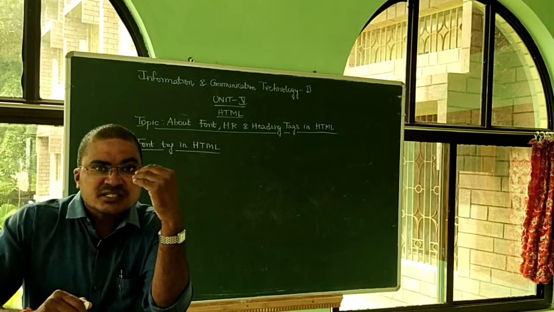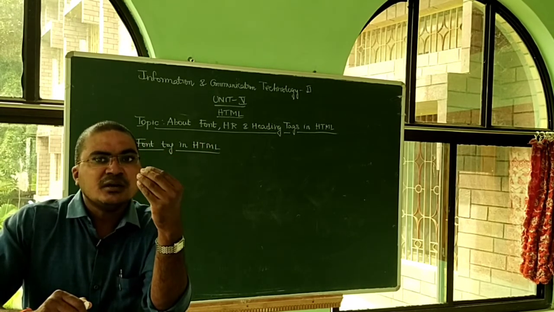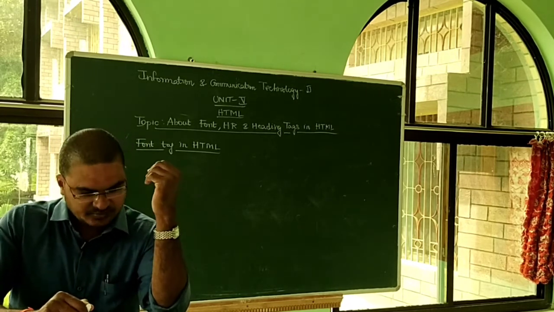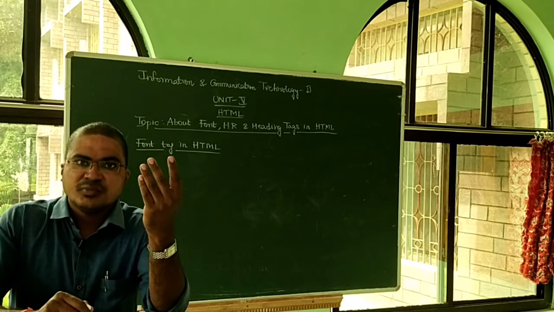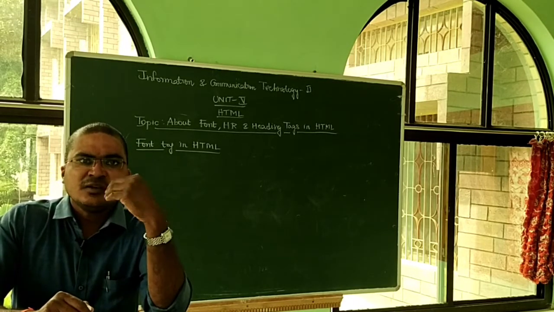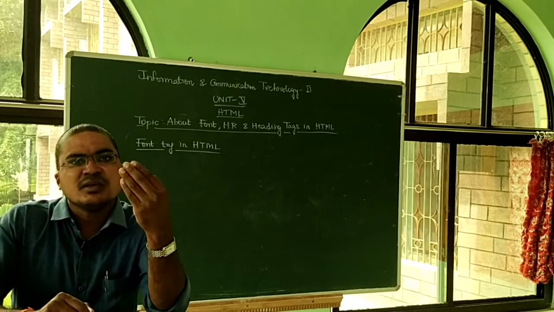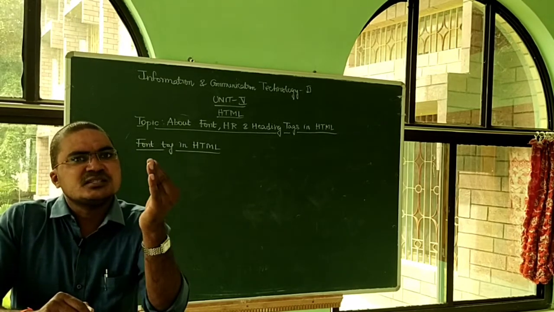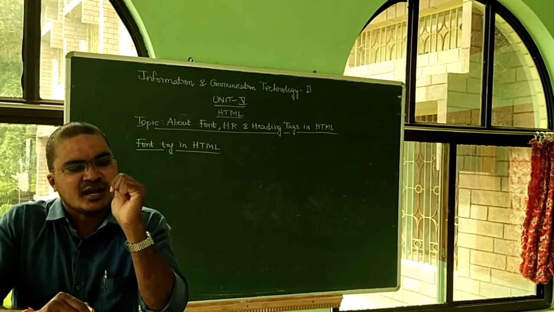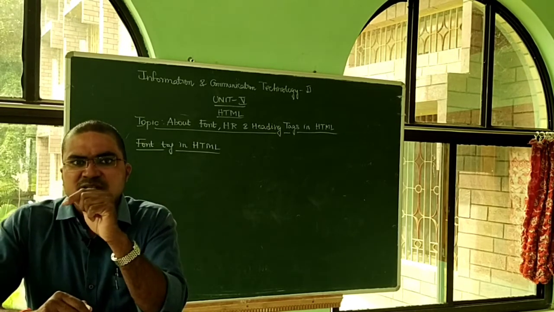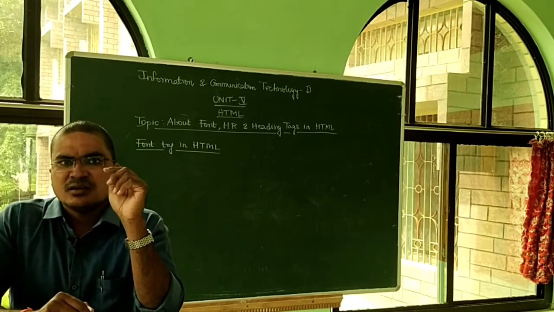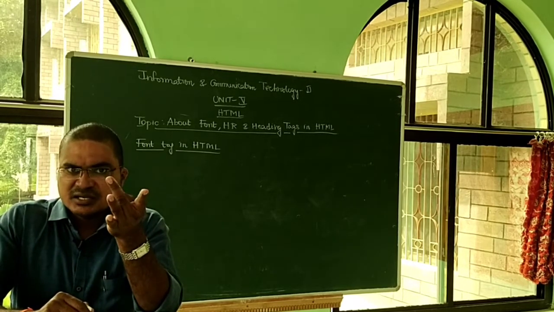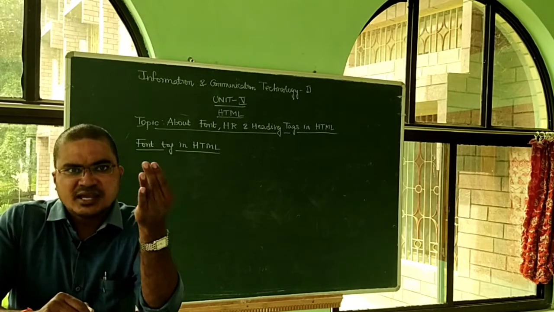So your text size, where to appear and how much size to appear in a web page, that you decide in your hands. And color, previously I said the default color of the text at any time is black, but this time if you want to change the color of the text in a web page, you use the color attribute. And style means 3 things: either bold or underline or italic. These 3 things are called the style of the text.